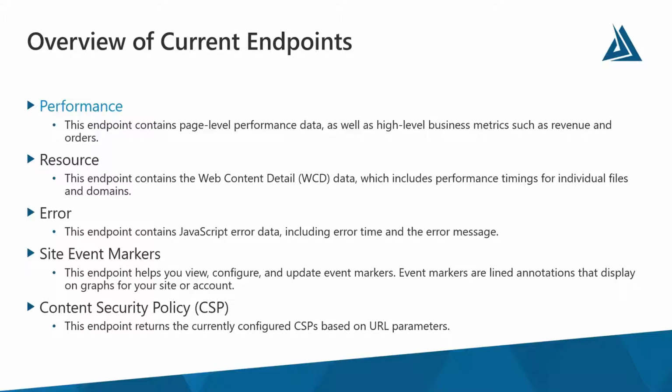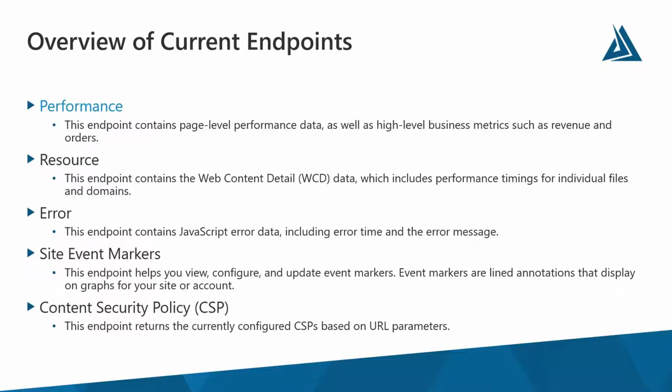And this is performance for individual files and domains. So if you're familiar with the aggregate waterfall in Blue Triangle, this is where that data comes from. It comes from the resource endpoint. Along the same lines, the error endpoint is dedicated to JavaScript errors, and this includes content security policy violations, the